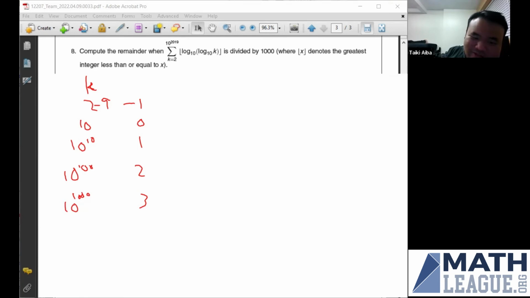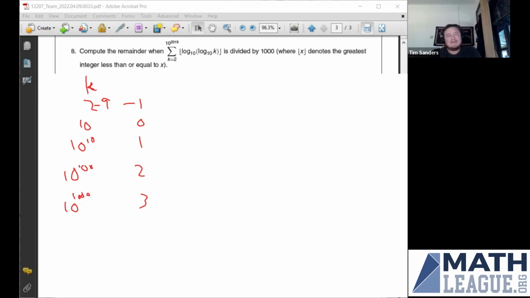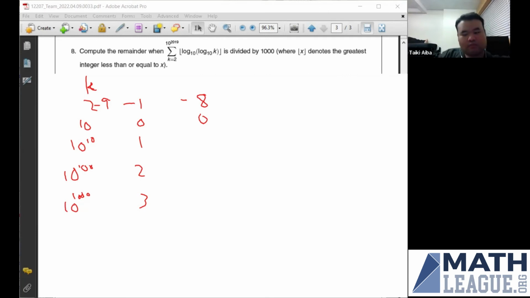So then we just have to do the other. We have to figure out how many numbers we've got here, right? Yeah. So, all right. So 2 up to 9, that's 8 numbers times negative 1 is negative 8. So I got the negative 8 to work with. From 10 up to 10 to the 10th minus 1, I've got all those zeros. That's a 0 to work with. And then for the next one,